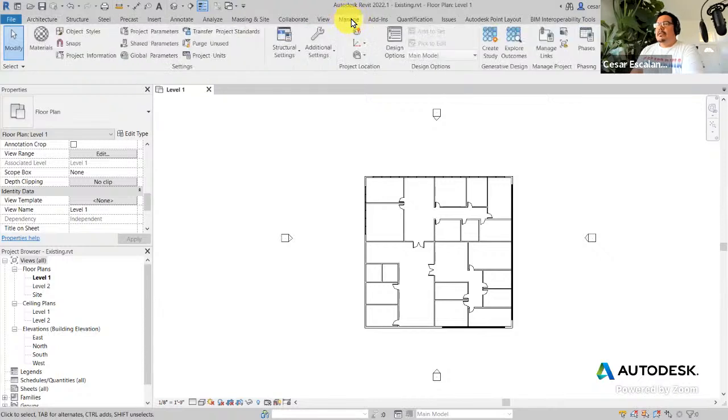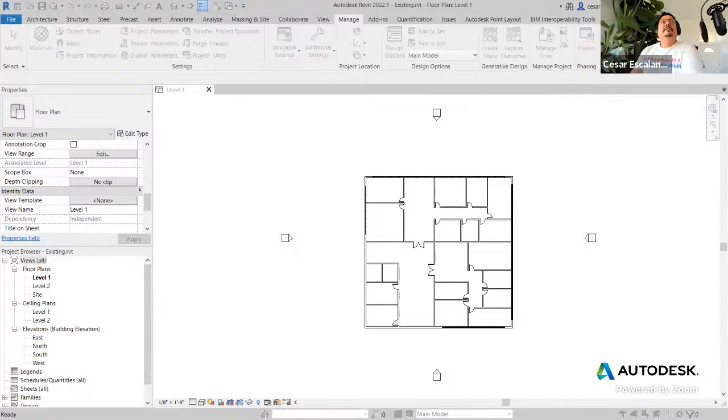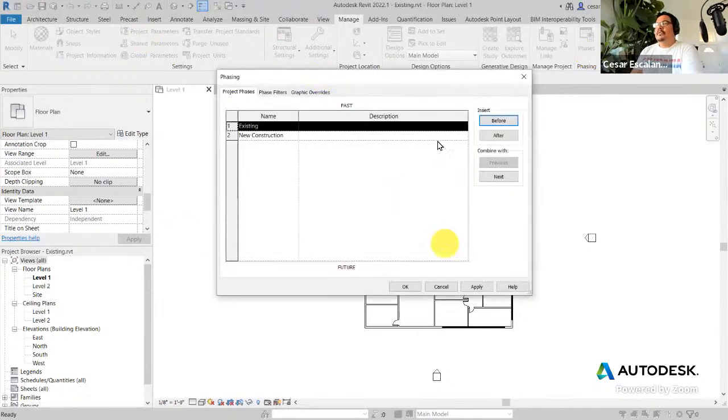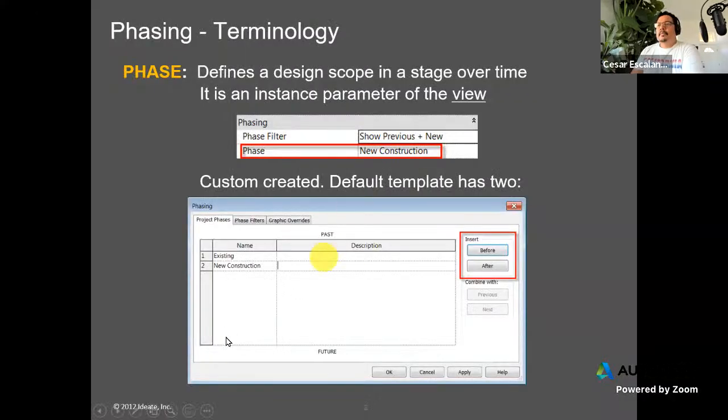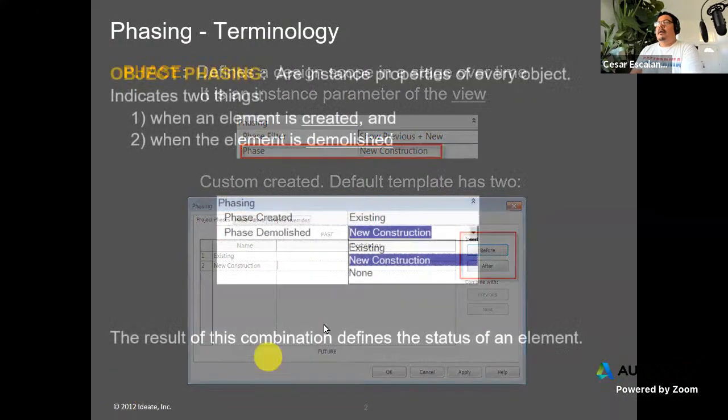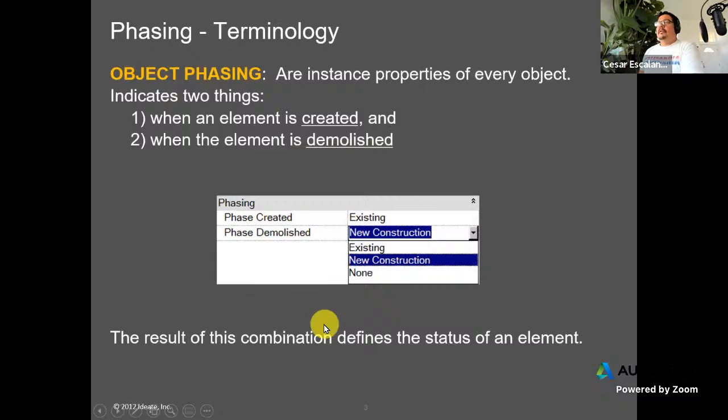The phasing, you find it under the Manage tab. And then over by the right side under phasing, there's a phases button. And there's a dialog box that allows me to add or remove phases in the project. There are a few terms to understand. Also, every object in the project has a phasing property,